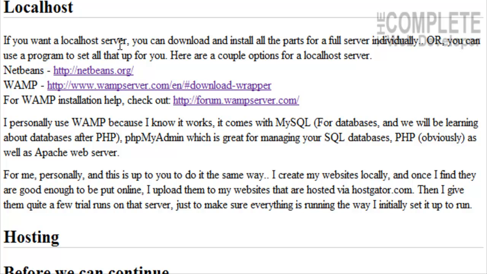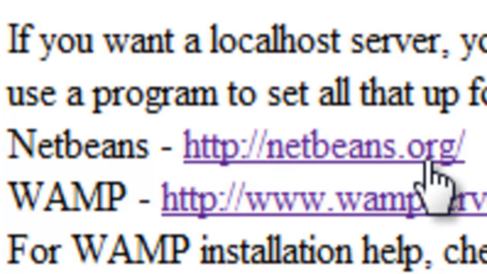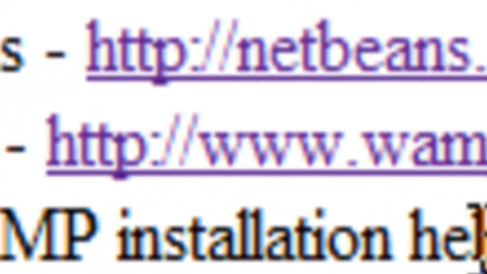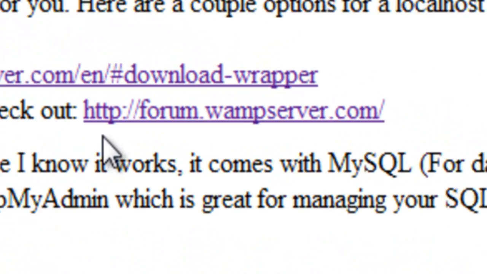If you want a localhost server, you can download and install all the parts for a full server individually, or you can use a program to set all that up for you. And here are a couple of options for a localhost server. You can check out netbeans.org, or you can check out WAMP, which is just wampserver.com. I personally use WAMP, and for WAMP installation help, you can check out